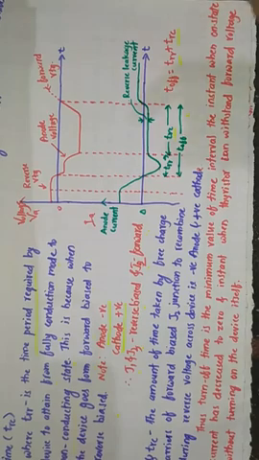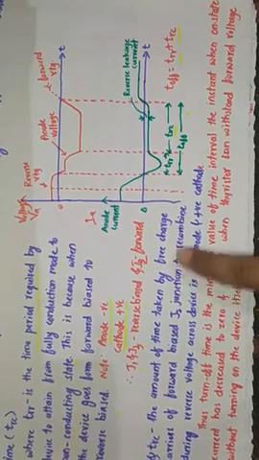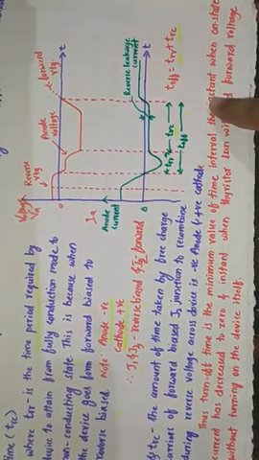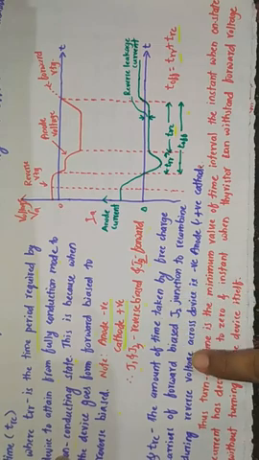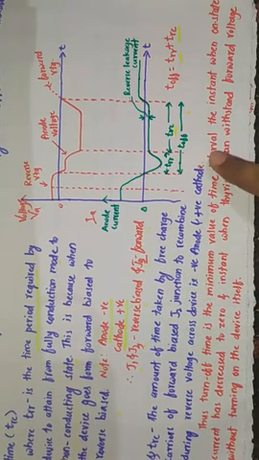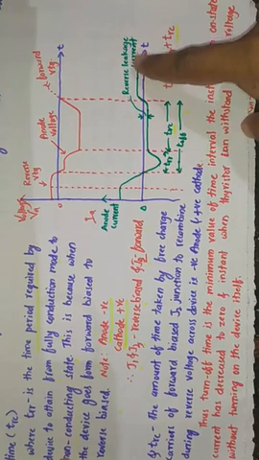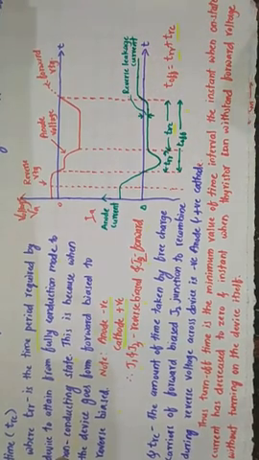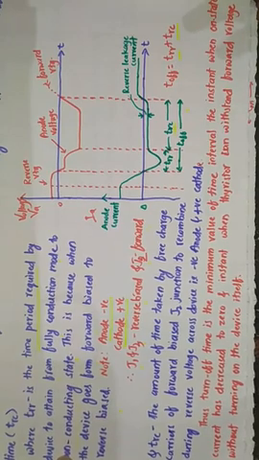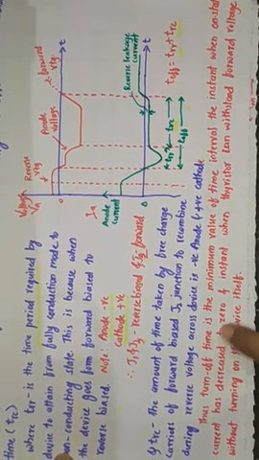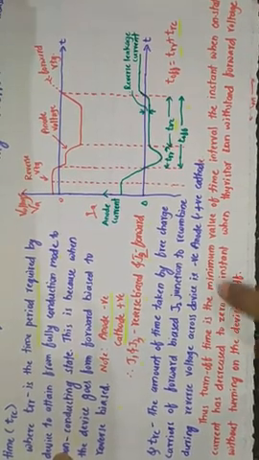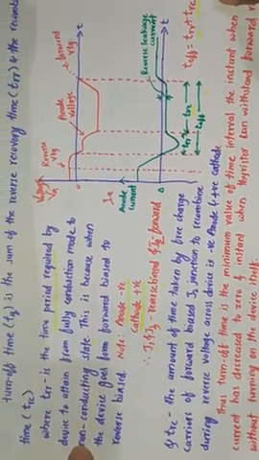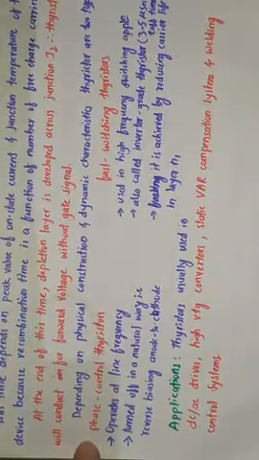If you change the polarity also, and the device becomes forward biased, that is anode connected to positive and cathode connected to negative, after this time there is no gate current required to turn on the thyristor. That's what these characteristics tell you. Now we'll discuss a few more points related to this.